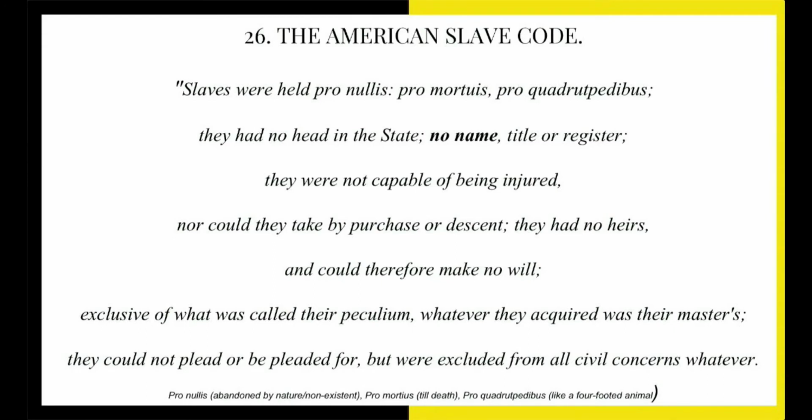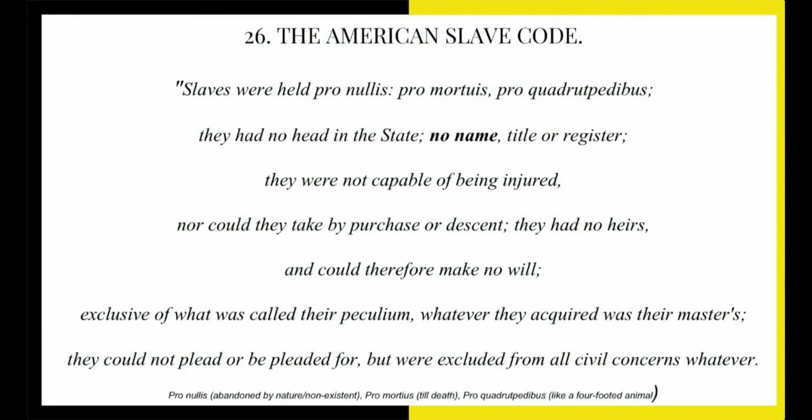They were not capable of being injured, nor could they take by purchase or descent. They had no heirs and could therefore make no will, exclusive of what was called their peculium. Whatever they acquired was their master's. They could not plead or be pleaded for, but were excluded from all civil concerns. And basically, pro nullis meant non-existent, pro mortuis meant till death, and pro quadrupedibus meant they were like four-footed animals. And this was basically a summation of the law as found by